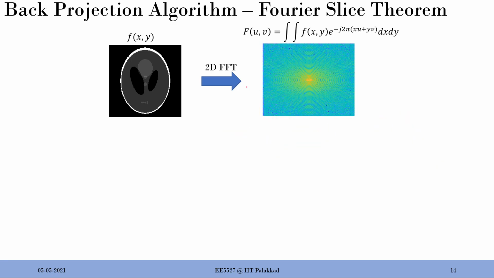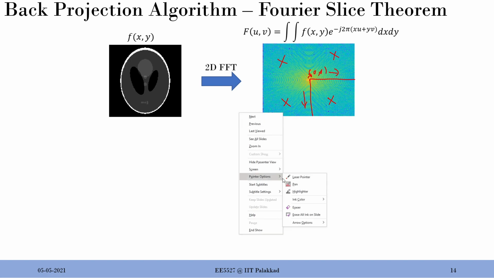So if I take the Fourier transform and then image it, which is actually shown here, just for those who didn't study image processing, you need to consider this as your 0 0 position, this guy at the center. And as you move, this is increasing frequency in one direction, the x direction, and this is increasing frequency in the y direction. That's the literal meaning of it. And this portion and this portion remain the same because of the symmetry in the Fourier transform. Let's not go into those details because they are not very relevant for our discussion today.